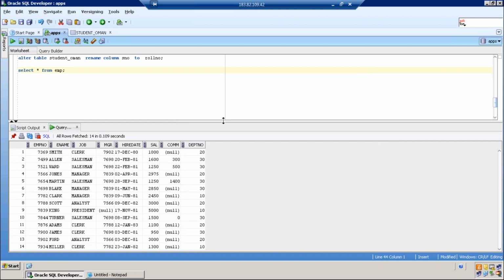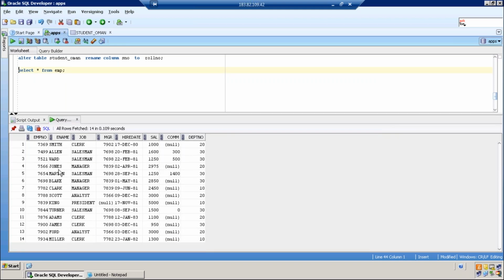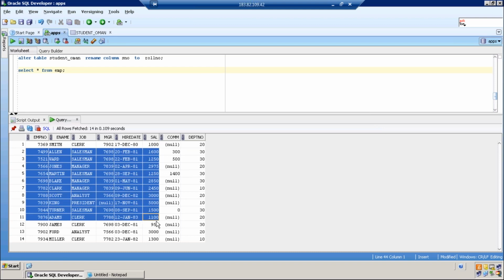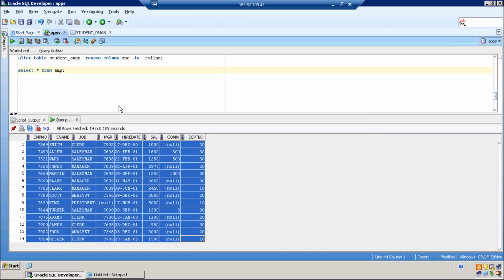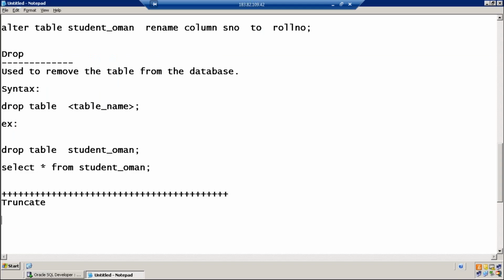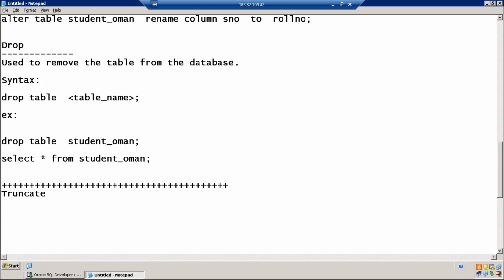How do we remove all the 14 rows and make the table empty? Delete from employee. Exactly. Delete from the employee table without a where clause will remove all the rows from the table. Am I right? Now let us discuss truncate.